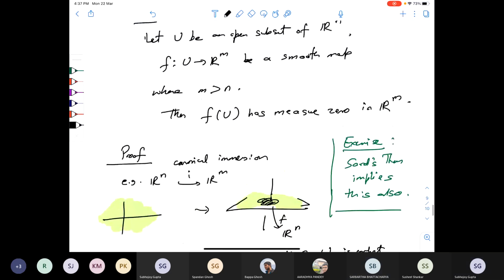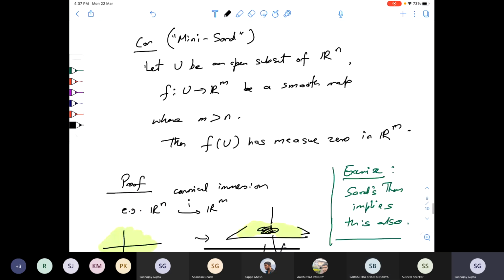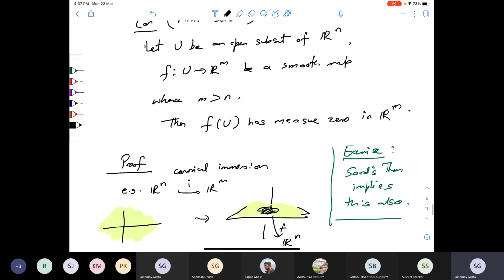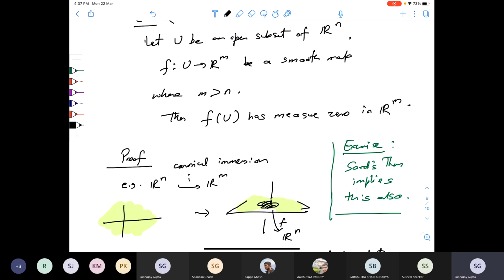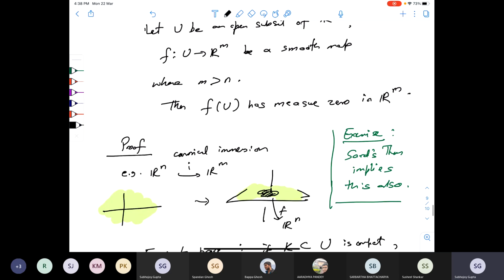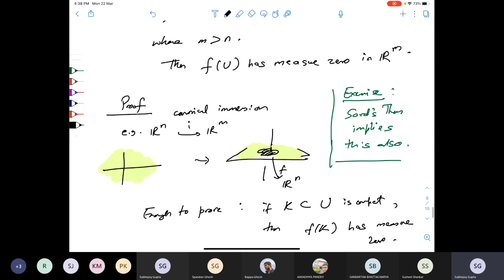Yes, okay. So the idea of this corollary is as follows. You think of this Rn, which is lower dimensional, as a submanifold, some kind of hyperplane sitting inside Rm. And now your function is defined on that lower dimensional thing. You might as well talk of a compact subset instead of an open subset U. That's not that important. But now the point is that if you think of something sitting in a hyperplane,